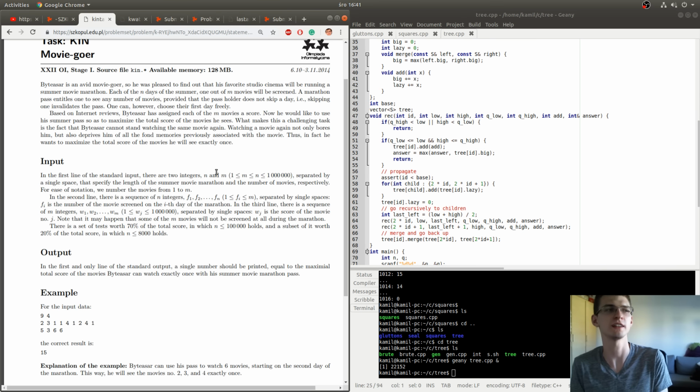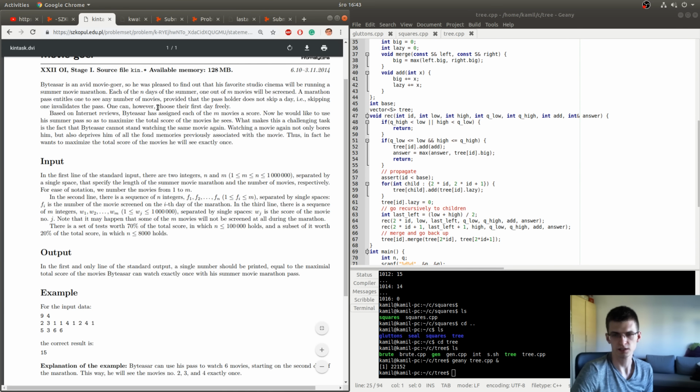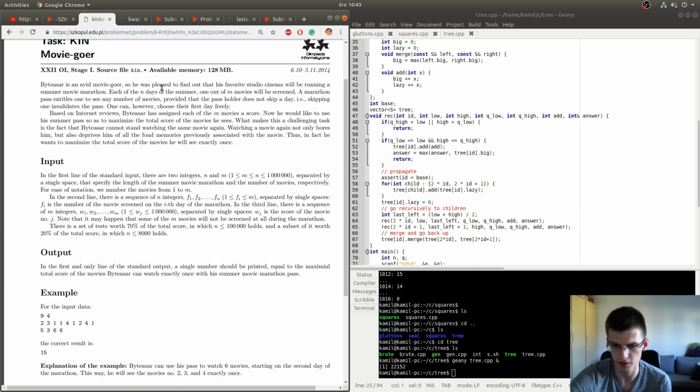The score being the sum of values that appear a single time. For example, you will not necessarily choose the whole sequence, because then many numbers could repeat, and those you don't count towards the answer. So we should just take some interval. And as I've mentioned, I already know a solution, but if you're experienced with similar problems, you should easily see a solution, I guess. But let's get to that.